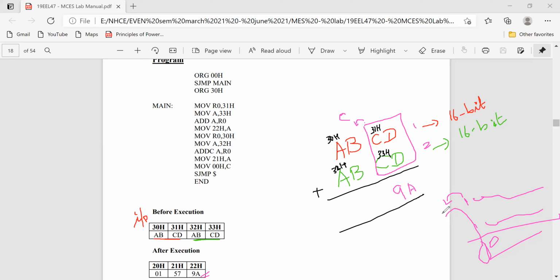This will be shifted to the next bit. For the first addition, I don't want to add with carry.